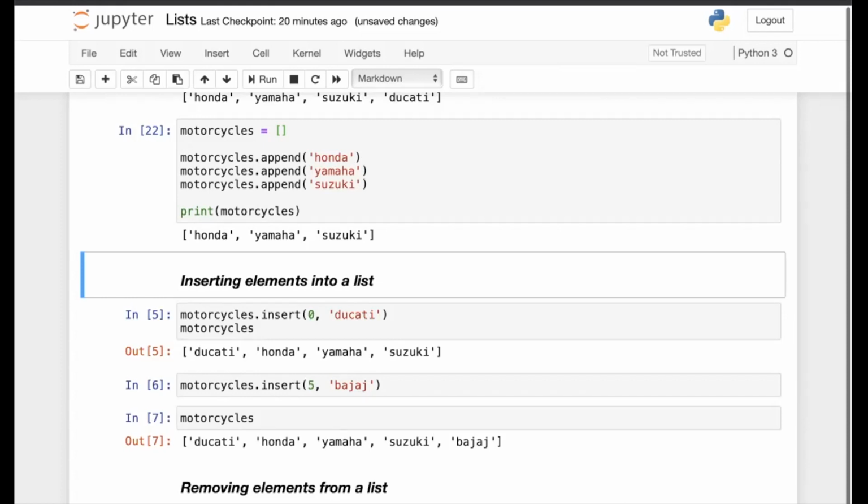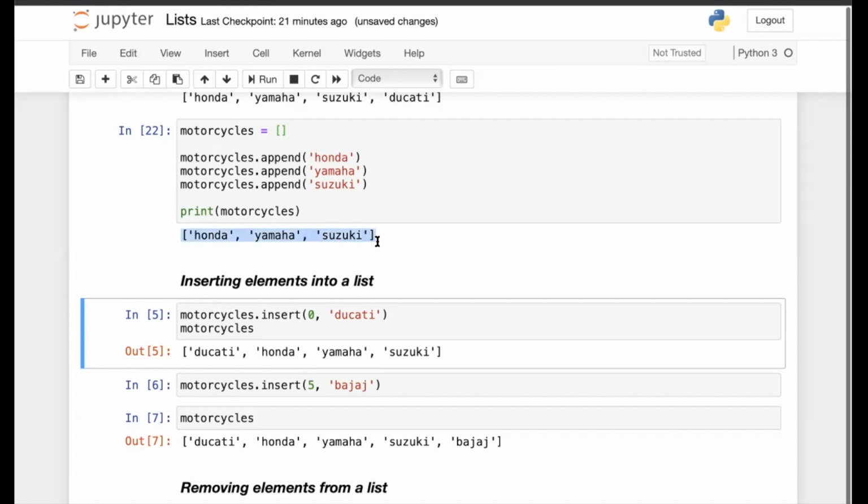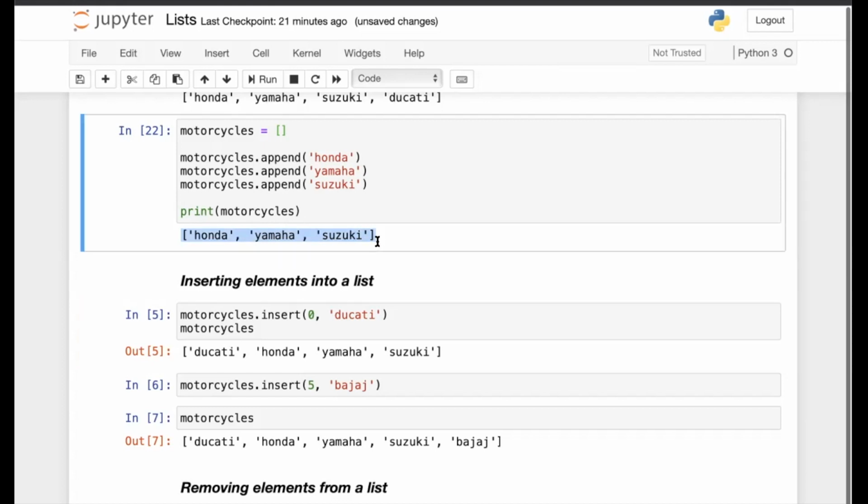This is the same thing. The motorcycles list is currently having these three elements: Honda, Yamaha, and Suzuki. Now I want to add a new element at the 0th index.